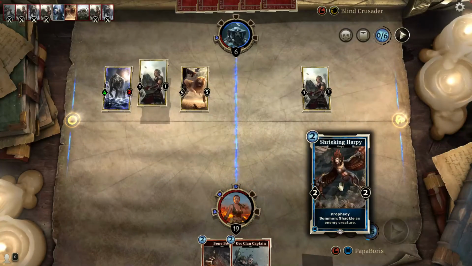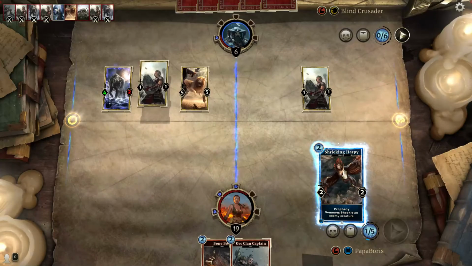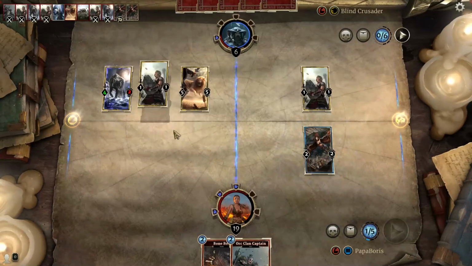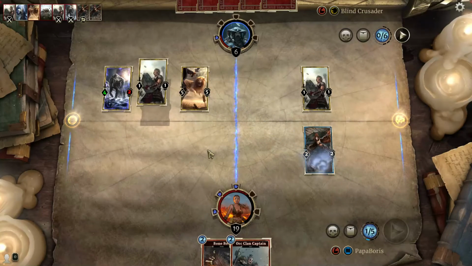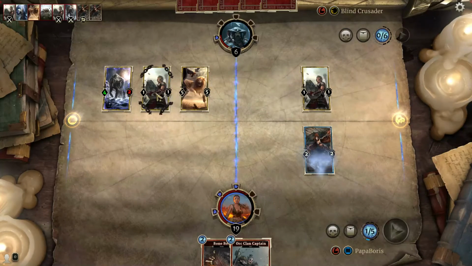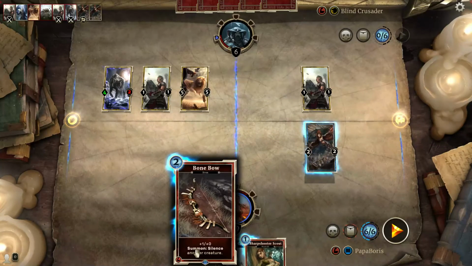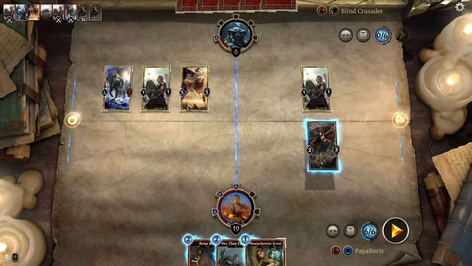Okay, so we got Prophecy, which means even though it's my opponent's turn, I get to summon this Shrieking Harpy, and I'm going to shackle this thing that's just about to attack me to stop it from attacking me. Shackle is like freeze in Hearthstone. Alright, this is good because I really, really needed